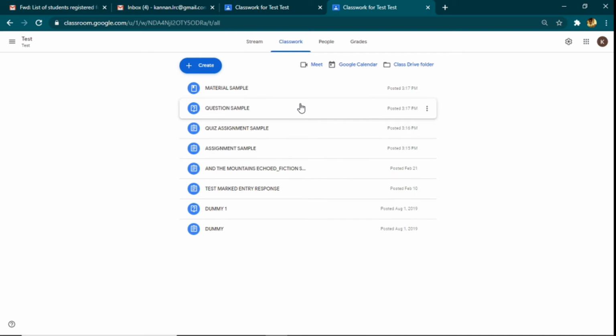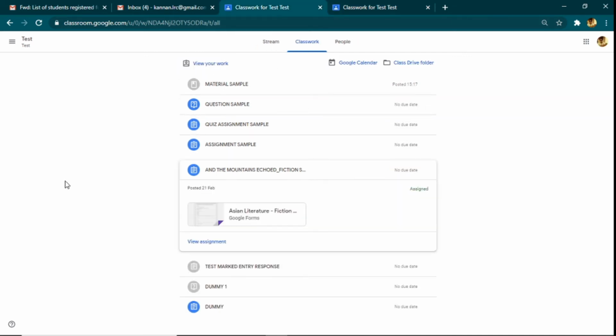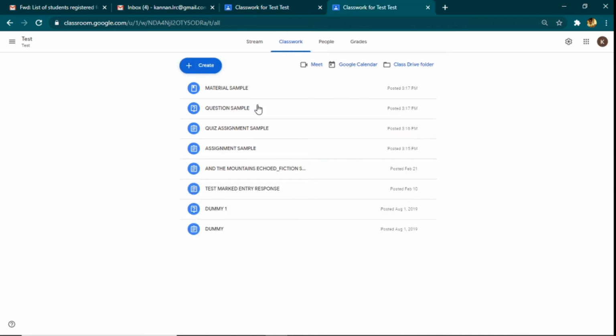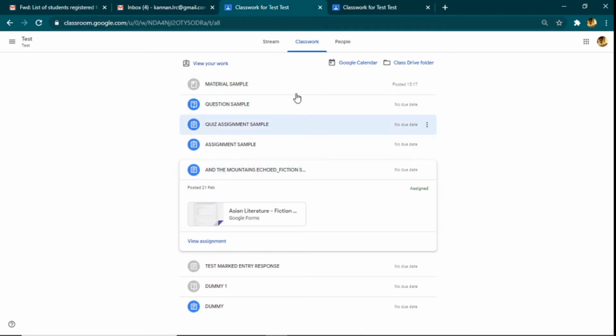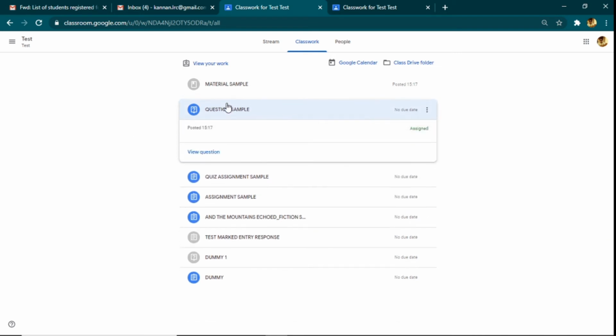Now we are going to move on to the student page of classwork, right? So we are here now. I'm back on the teacher's Google Classroom page. I have posted all these materials. Look at how it shows here, right? Now this is how it would be showing for you. So you click on classwork, and this is how it would be for you.